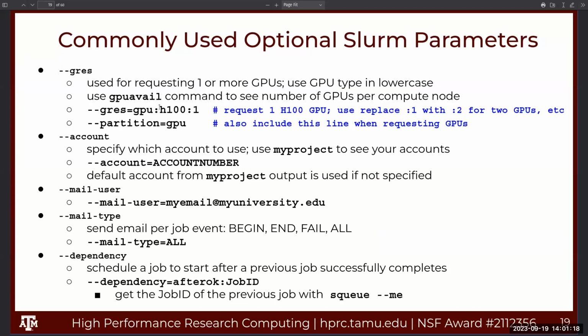If the H100s are busy and you want to see if there's any A30s available, then you can run GPU avail, and if there's an A30 available, then you can change your job script so that it would start on the A30 instead of waiting for the H100s if you want to do that. You can change the number of requested GPUs by changing the last part here. In this example, there's a 1, you're requesting one H100, you just change it to a 2. To use 2 H100s,